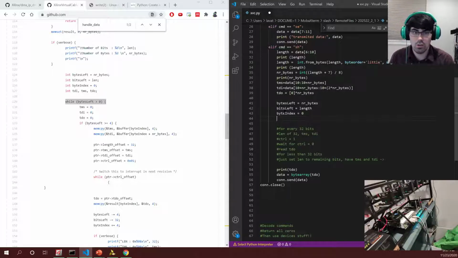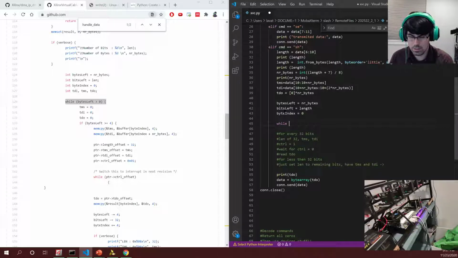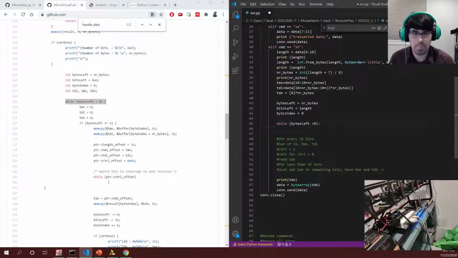So while bytes left is greater than 0, let's do something fun. Don't worry about those ones for this implementation. If bytes left is greater than or equal to 4,